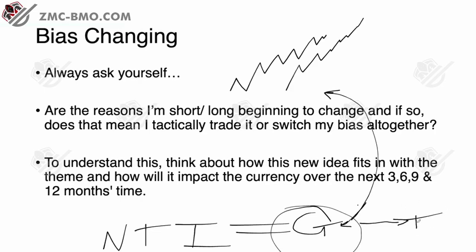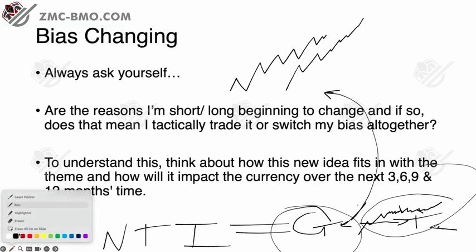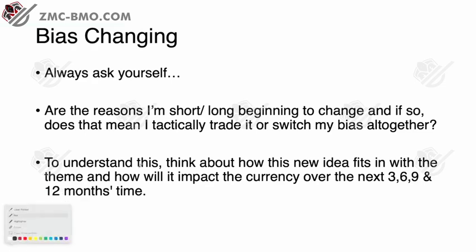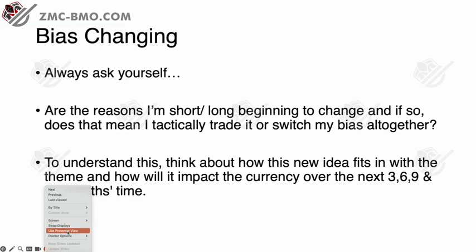Then you can get in early to a trade and say, okay, growth data has now stabilized. The next theme is going to be, let's say, trade balance data. It's going to be external factors. If we start to see external data in some economies bottom out and pick slowly back up, that's maybe a reason to get long the currency, because the next thing is likely to be this trade data. For example, it could be, it couldn't be. We'll have to wait and see. But at the moment, the theme of the market is of course what the growth data is likely to be in the next couple of weeks to months.